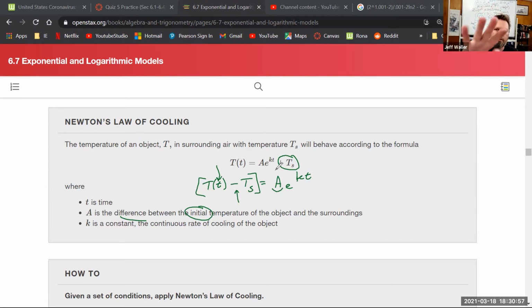All right, maybe. So let's do a concrete example, right? You guys are like, give me some freaking numbers, please. So let's say the room is 70 degrees Fahrenheit. And I have some soup that was just boiling, so we'll say 170 degrees Fahrenheit, right? I take it off the burner. I put it on a little hot pad, whatever you call those things. Normally we have to figure out what K is, but let me give you what K is. Let's say K is,